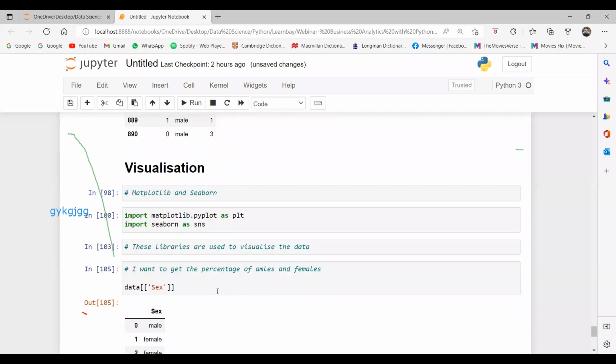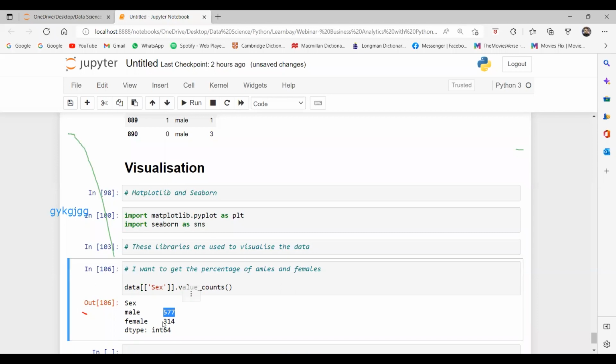So for that, we have the value_counts function. It gives you the number of the unique values. So it is telling me there are 577 males and 314 females. Fine. So it is giving me the counts of the unique values.